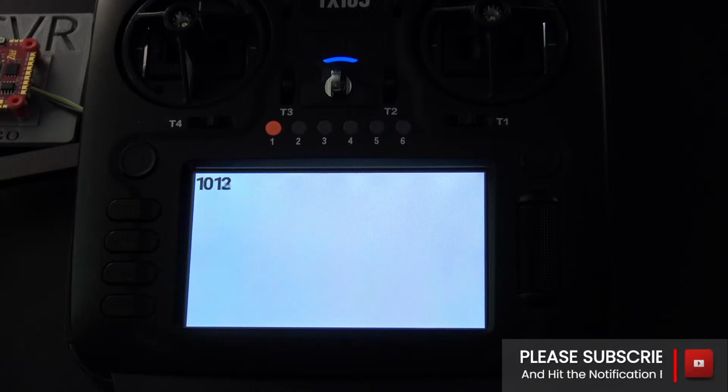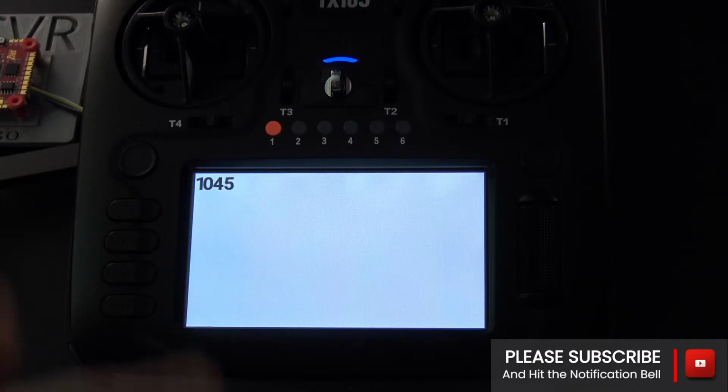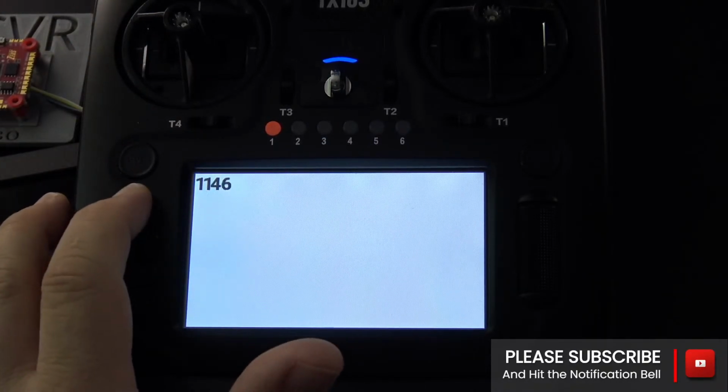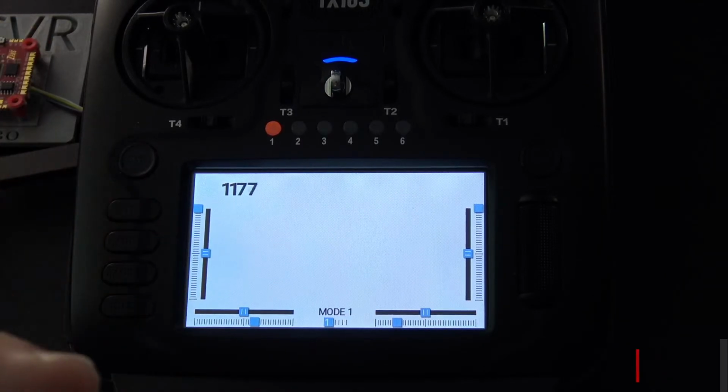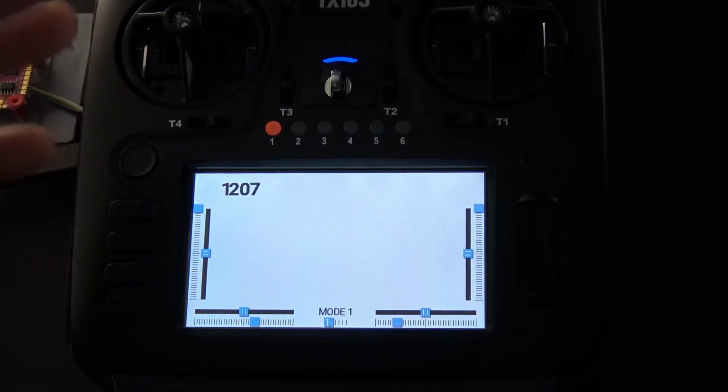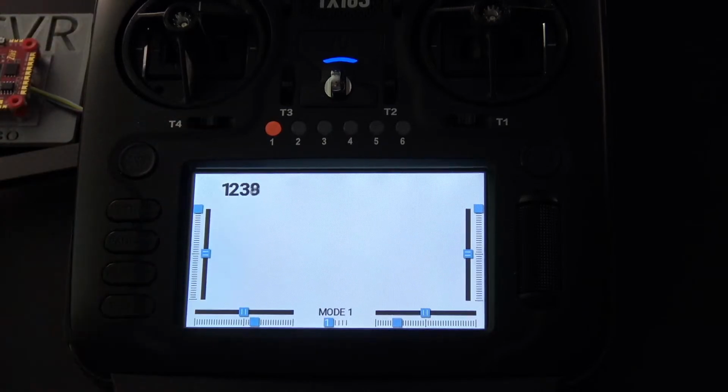Lua versions, if they do move to a Lua arrangement, then you do have the ability to customize, and they put that out there and the community can get their hands on it and go nuts. And that's where stuff like the Fly Me to the Moon comes from. And of course the iNav telemetry Lua that we all know and love, that's where that comes from.